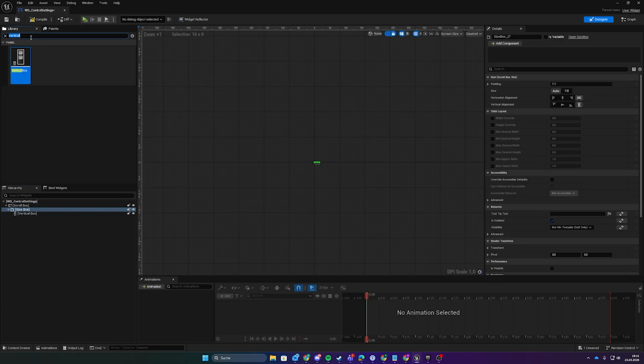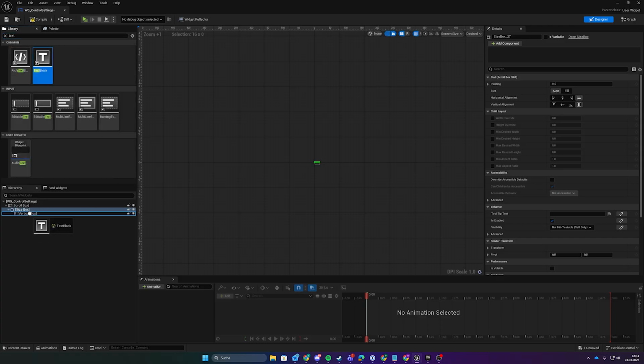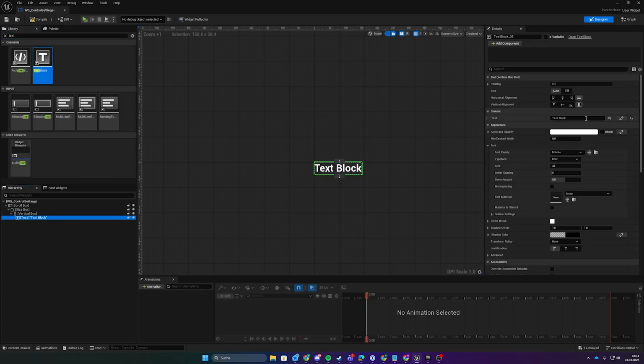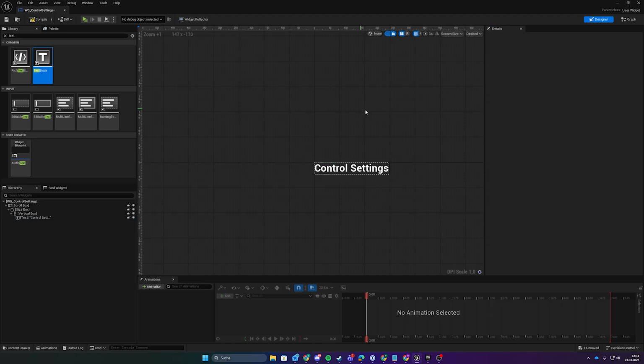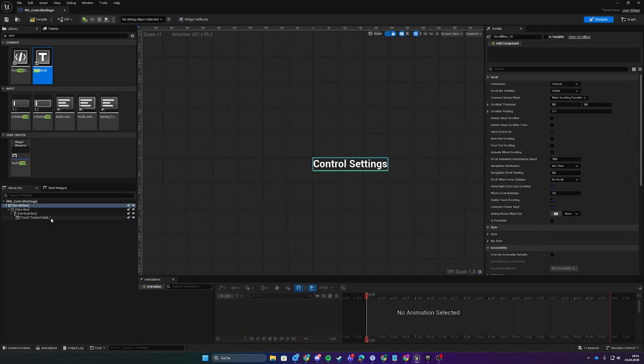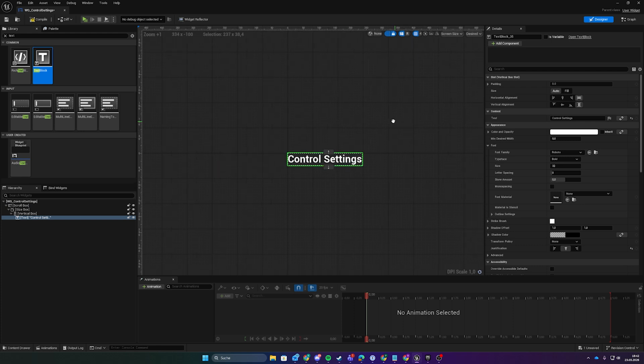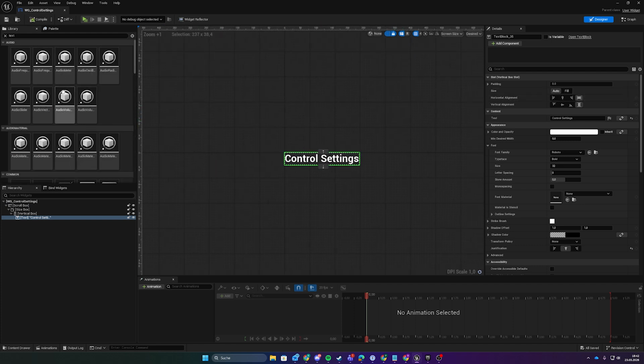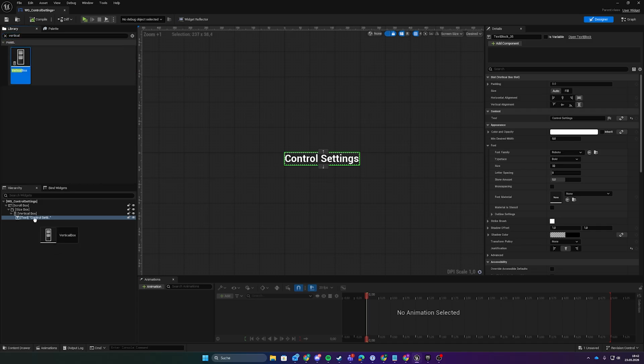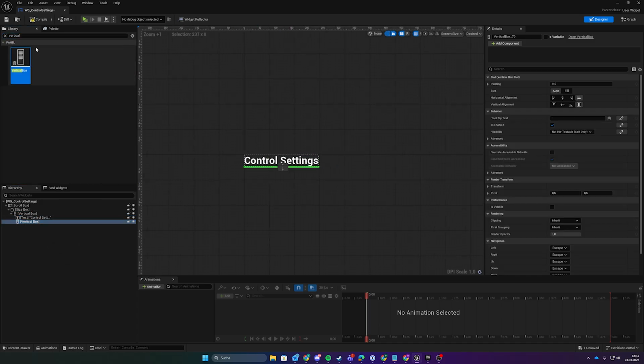And into the vertical box I will put a text, like so. Call it control settings, like so. I will also take the text and align it to center. Perfect. I'll save. And now we are going to take another vertical box, put it into this vertical box, also